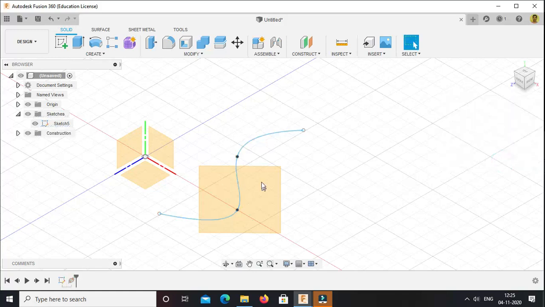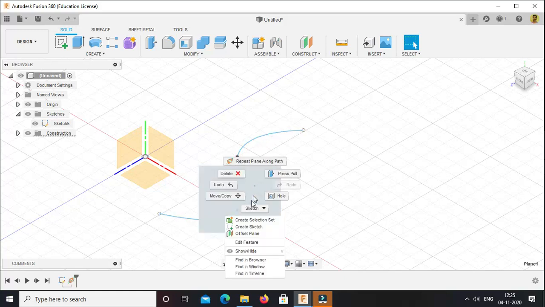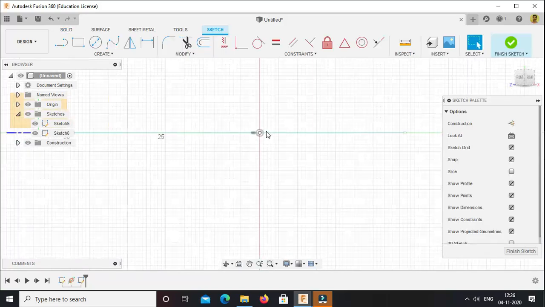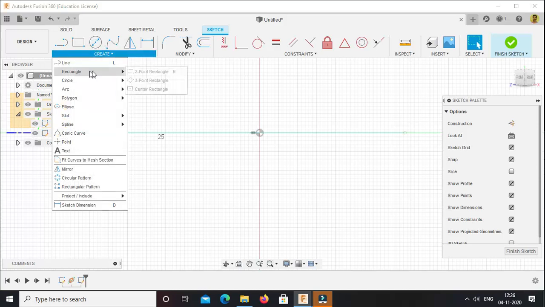Okay, press OK. So this is one plane which is along this path. I will select this plane, then go for create sketch option. Now on this, let us suppose I want to draw a rectangle.